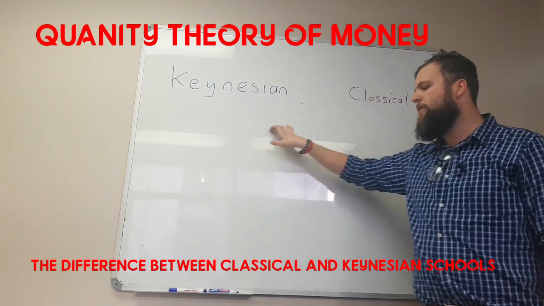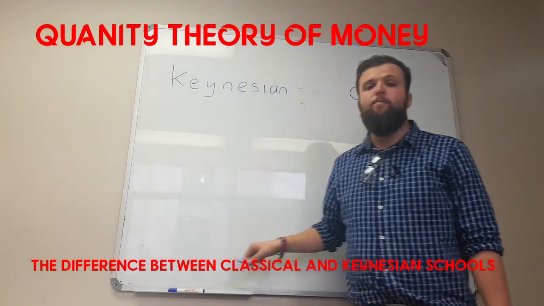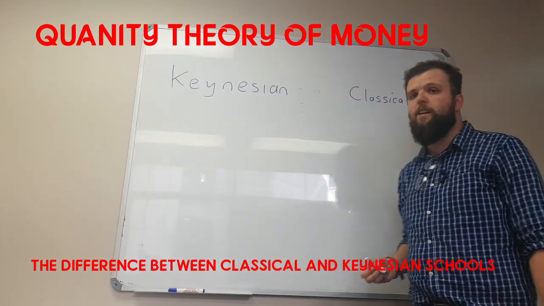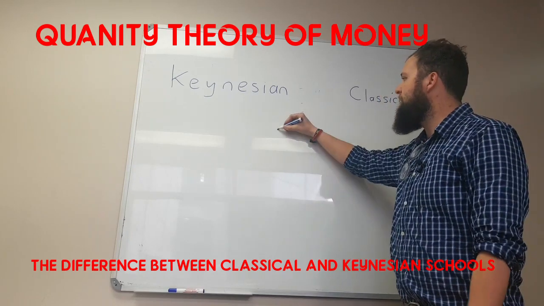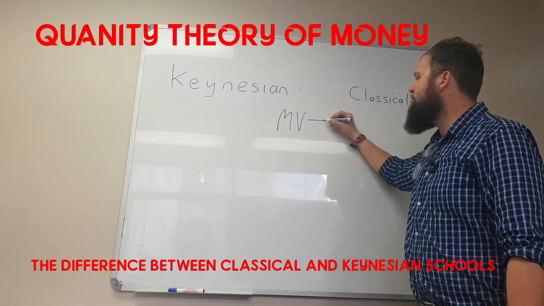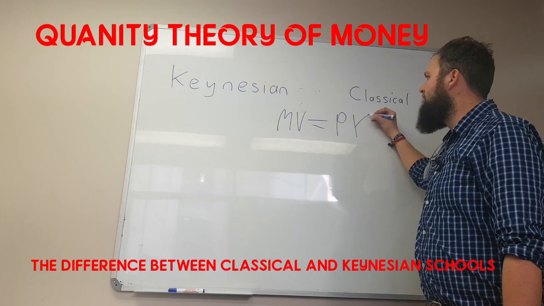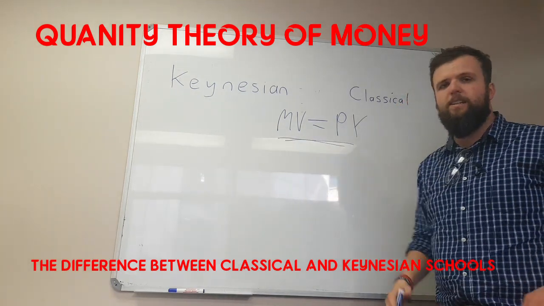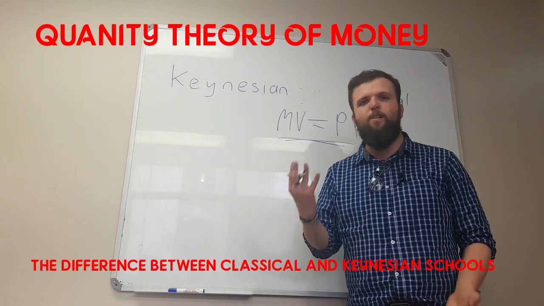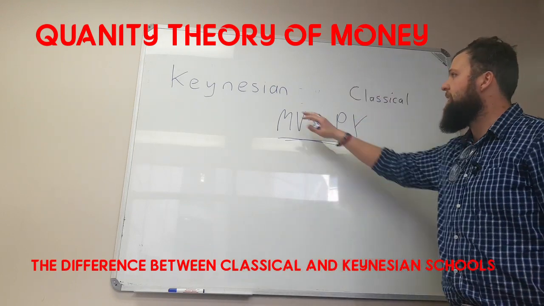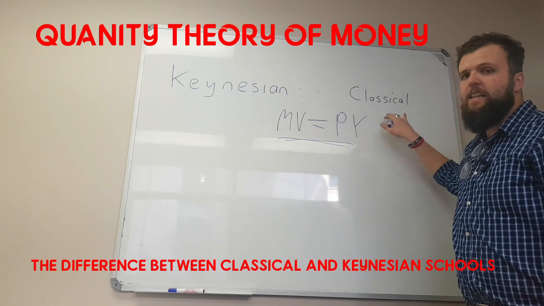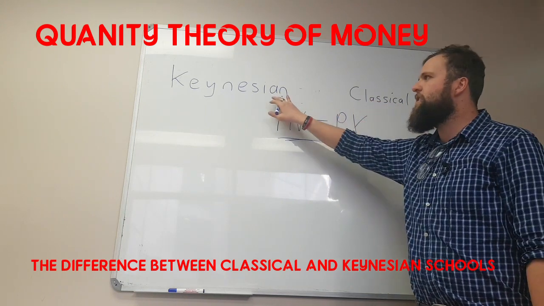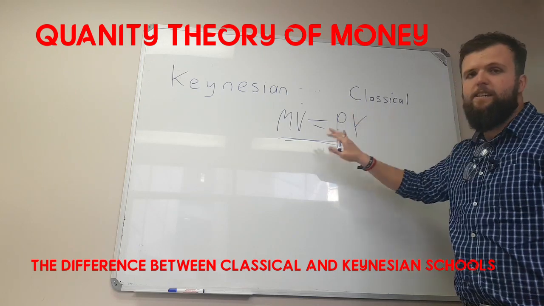And therefore this now relates to our theory of money. The theory of money can be explained by one key identity that we always need to study, and that is MV equals PY. This is the major identity you need to understand in economics when you want to understand the theory of money, money demand, money supply, but also the difference between a Keynesian and classical school. So let's look at how the Keynesians and classicals look at this identity differently.